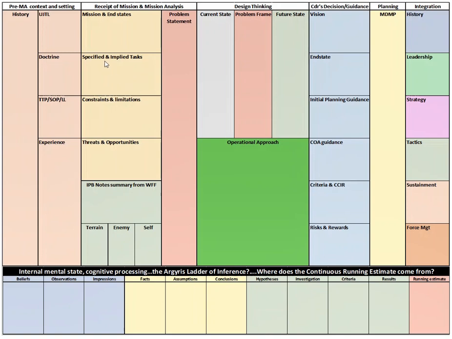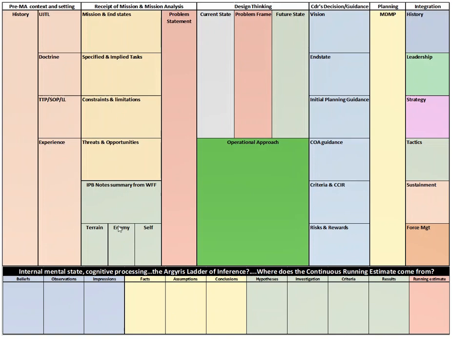Maybe that rises to the level of a mission essential task at the end of this stuff. Constraints and limitations, and even delimitations that limit what it is that we can do, or what holds us down, or boundaries you can't cross, and those might be by choice or by laws of nature or by directive. And we can start thinking about threats and opportunities that we already can see and feel and anticipate to start informing our risk and reward estimates. And if that's the top-down analytical process, that's almost like this step here where we're doing facts, assumptions, and conclusions,